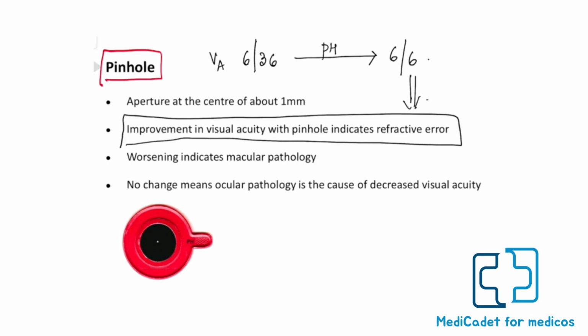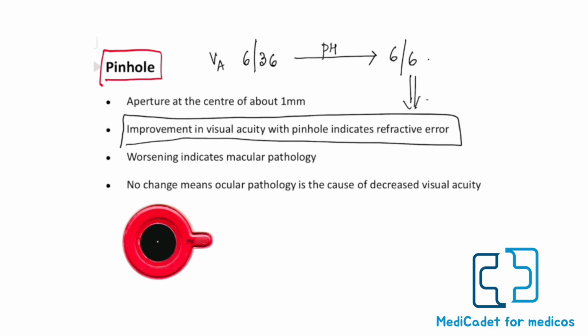I reasonably know what the cause is. Even before examining anything else, I reasonably know that the cause of this decreased visual acuity is a refractive error. So I need to do a proper refraction for this patient and give him a good glass prescription. So when there is a decreased visual acuity, the next, simplest thing that you do is